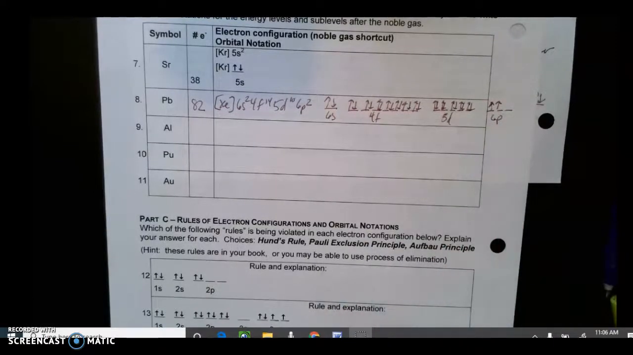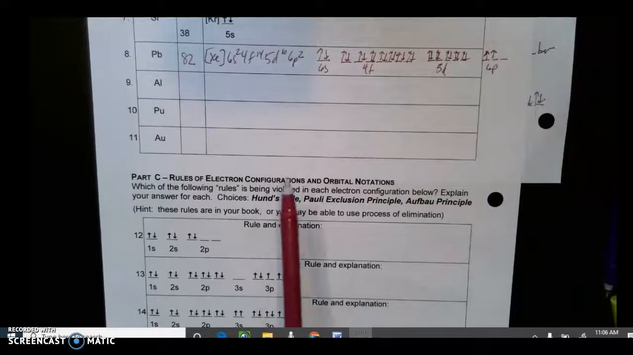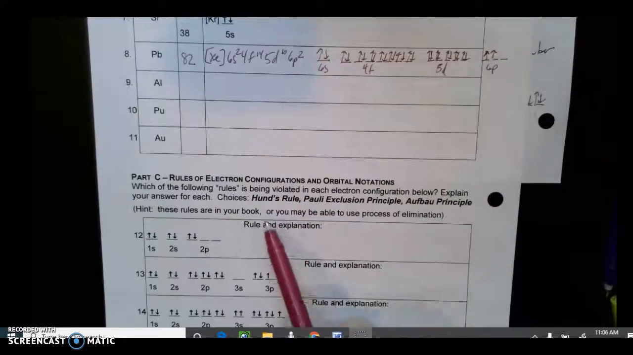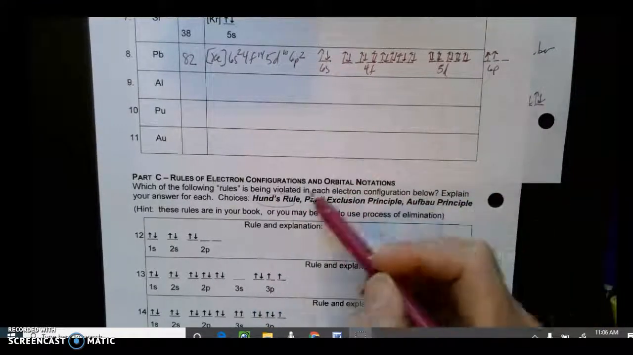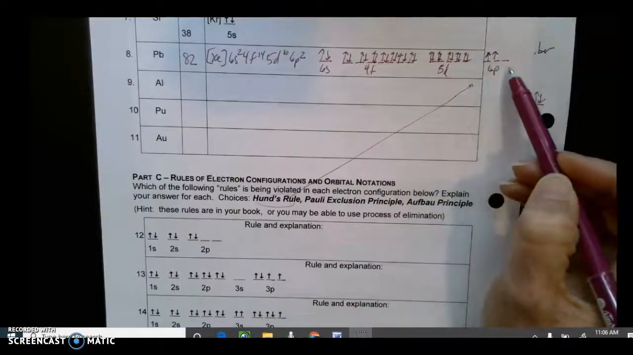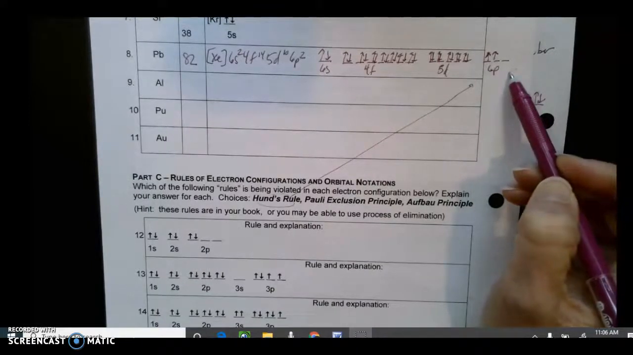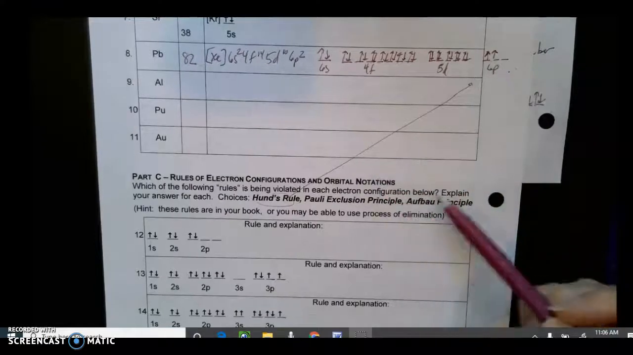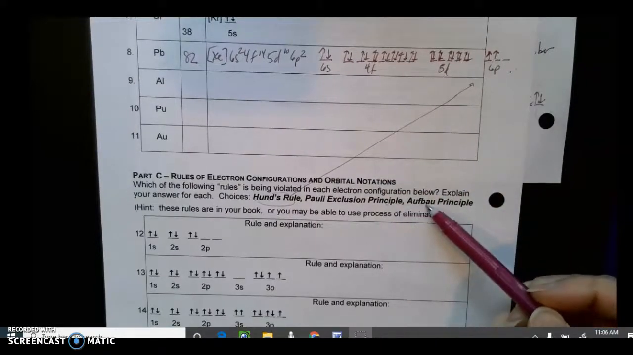So the next part C is going to talk to you about rules and explanations. So Hund's rule is this idea that we have to put 1 electron in each orbital before we pair up. Pauli exclusion principle has been discussed, and the Aufbau principle is